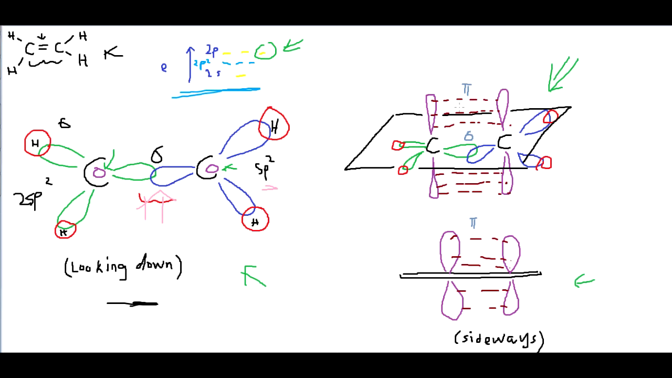The p orbitals are what create the pi bond. Now one thing that I want to make sure that you understand is, because we have an sp2, we have a double bond. That means only sp2 orbitals can have a double bond. And why I say that is because you see these two p orbitals, they're interacting. If we had an sp